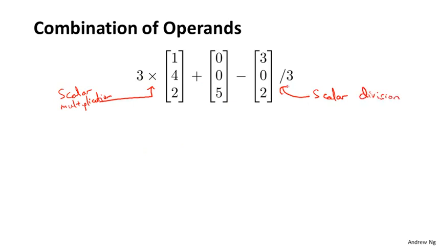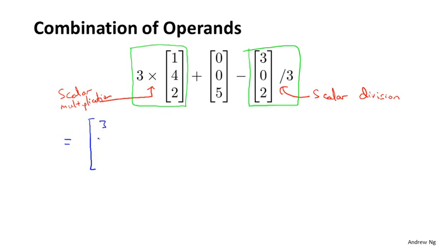This really just means 1/3 times this. And so if we evaluate these two operations first, then this is equal to 3 times that vector, which is 3, 12, 6, plus my vector in the middle, which is 0, 0, 5, minus